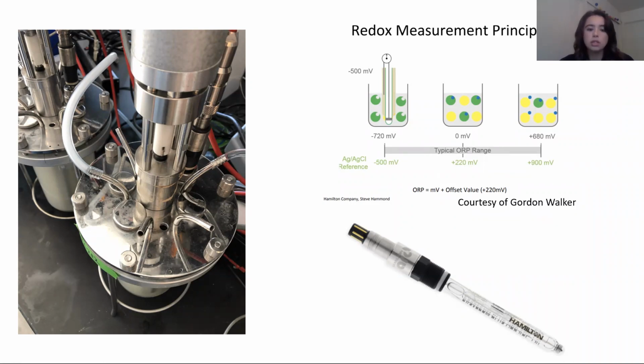The probe itself is designed to not impact the redox of the solution from being inserted, since it's made out of glass and has a platinum band at the end, which won't be notably oxidized or reduced. So you may have heard of dissolved oxygen probes and their use in the industry. And this is a good thing to keep track of, as this is one of the factors that contribute to redox measurements. But the redox probes are a better measurement, since dissolved oxygen will hit a 0 point, where redox can go negative and give a better indication of what's happening past that point where dissolved oxygen is no longer there.